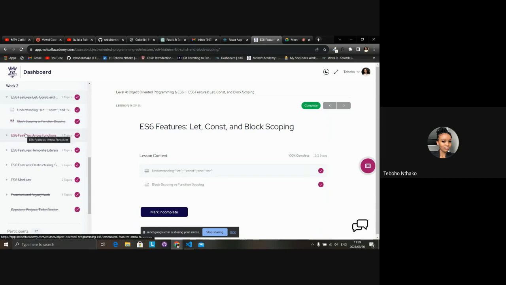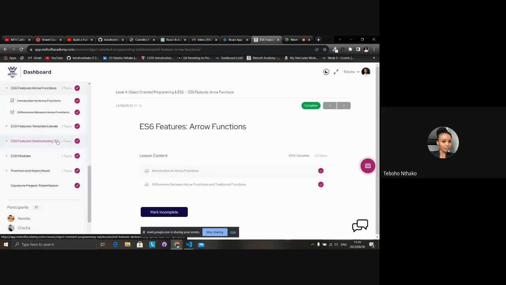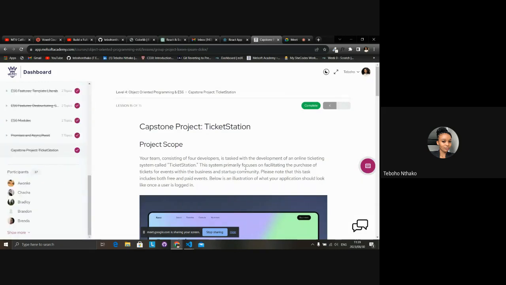All right. And then we also introduce you to arrow functions, template literals, and destructuring, as well as ES6 modules and promises. Okay. And then lastly, I want to introduce you guys to the capstone that you will have for